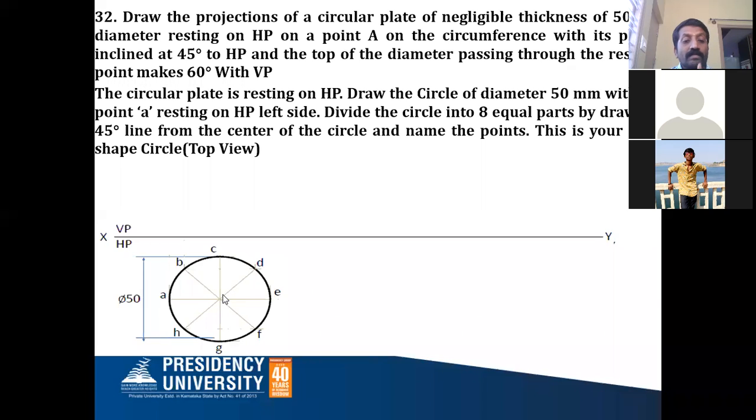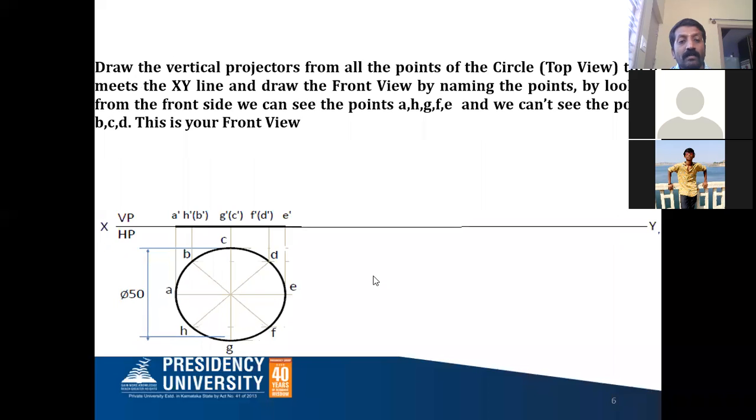Only the circle is your object. These lines should be as light as possible. It should not be visible. You should not make it thick. Now you can name these 8 points: A, B, C, D, E, F, G, H. So like this you have to draw the circle. I hope it is clear, Surya.